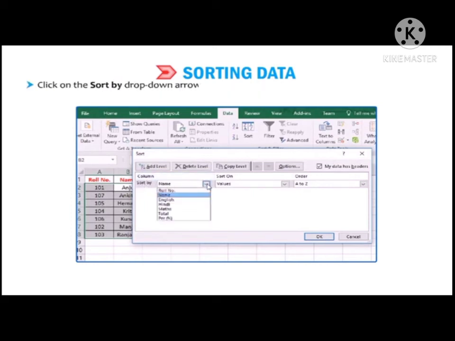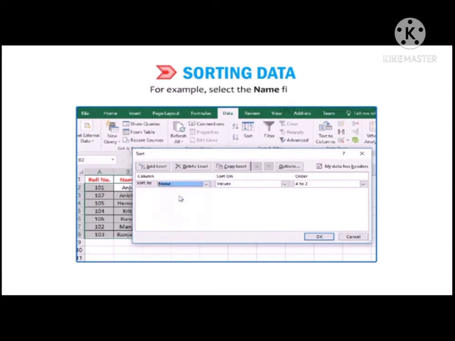Click on the Sort by drop-down arrow and select the field on the basis of which you want to sort data. For example, select the Name field, select the Values option from the Sort On drop-down list. Select the sorting order from the Order drop-down list.